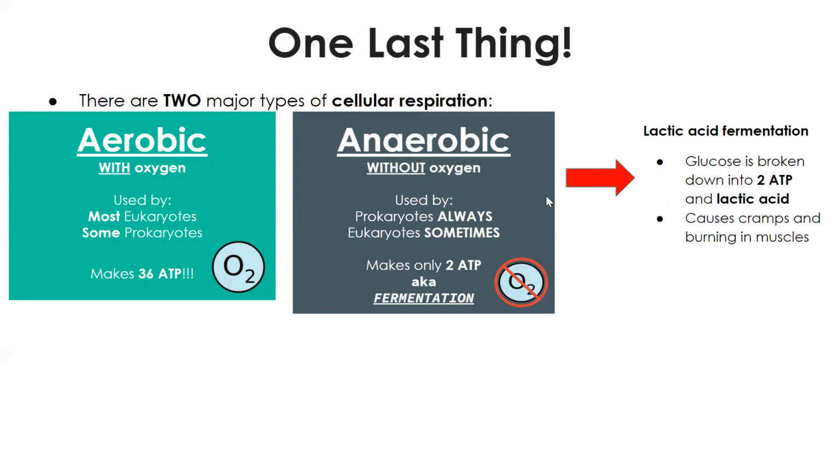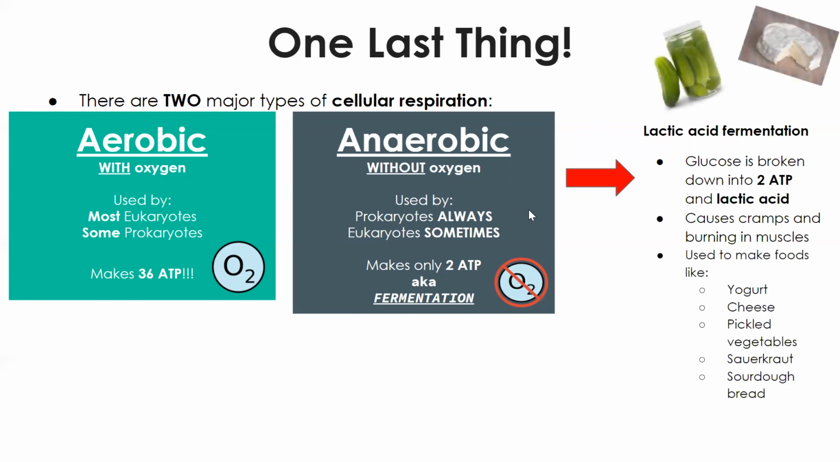So if you ever catch yourself going up a couple of flights of stairs and you feel the burn in your muscles, that lactic acid is what's causing that burn. Your body is still making energy for itself, but it's just not using oxygen. It's not an efficient way. So it causes burning in your muscles. This process is used to make foods like yogurt and cheese and vegetables, pickled vegetables, sauerkraut, and sourdough bread. So common foods that we eat use this